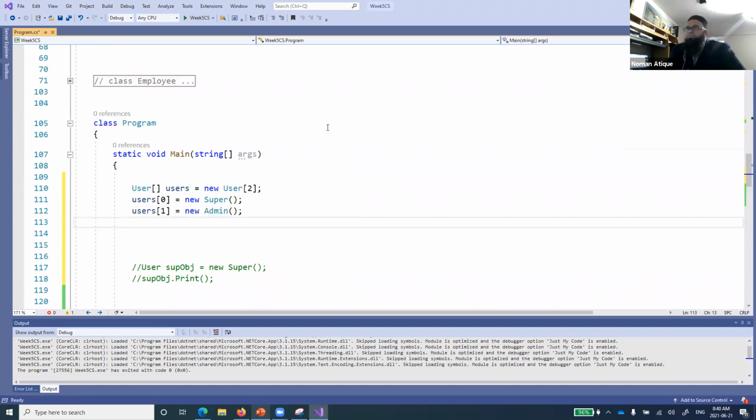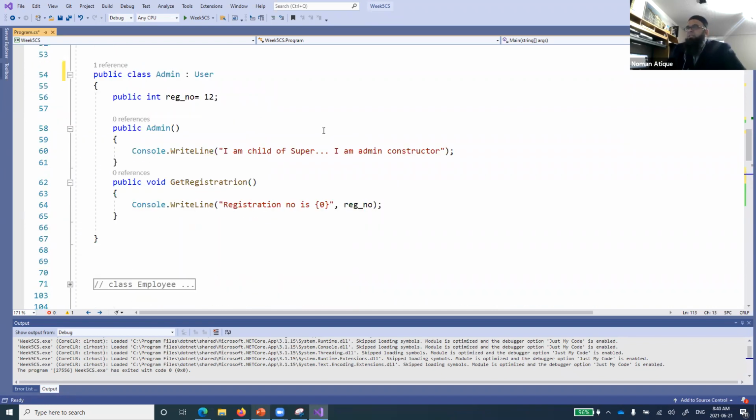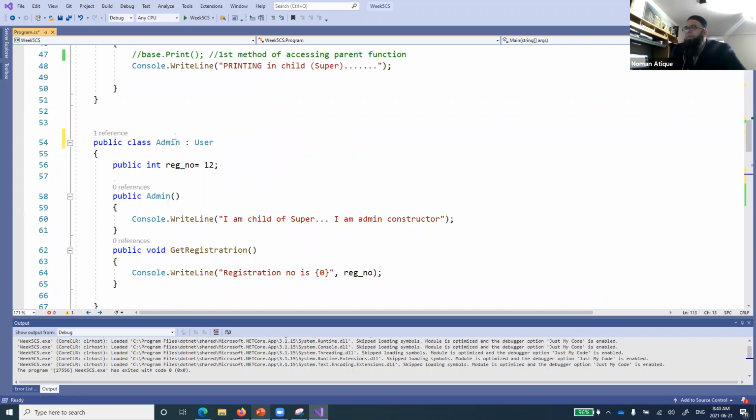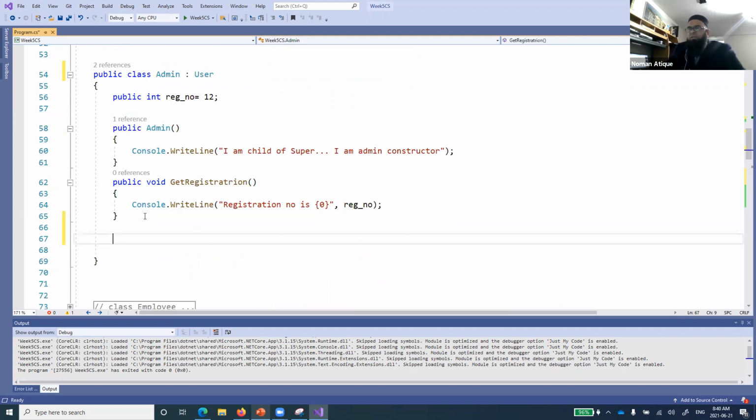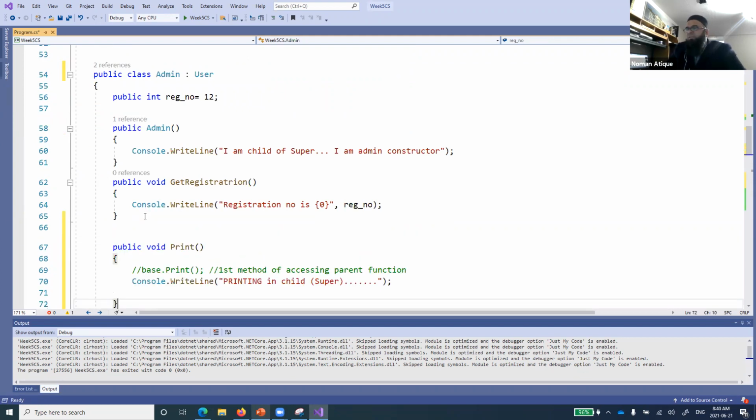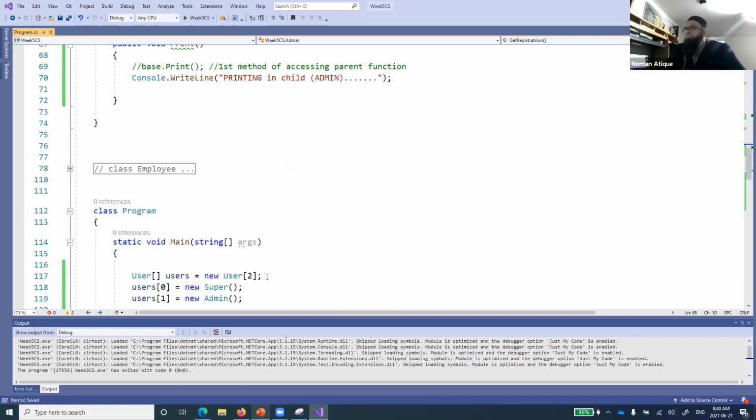So you see here what I've done. I've defined both of them, and now it has got a print method, and I do not have a print method in this one, so I'll define this print over here as well. Right. So I've defined printing in child admin. Right. So this is the admin class. So we have got this one.